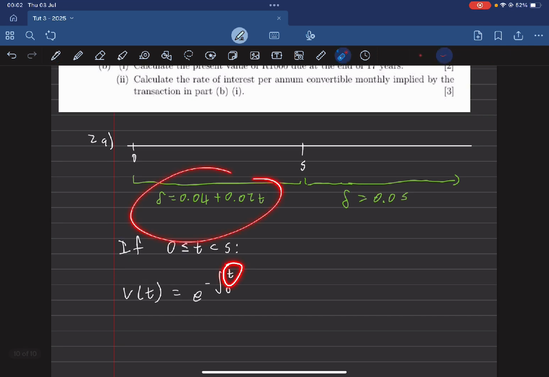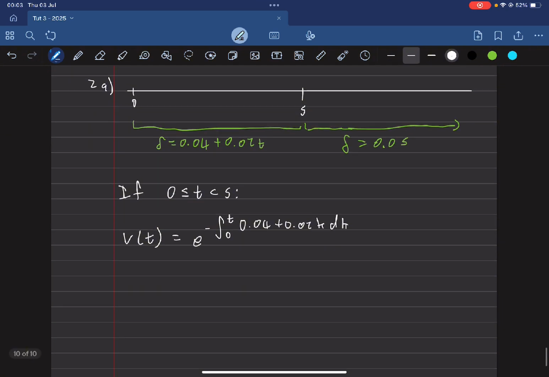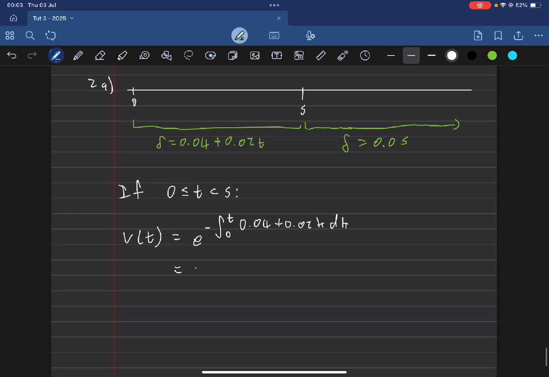But since we have a t up here, we should change the letter of this just so that we don't get confused. I like to use a k because you're supposed to use s's, but my s's look like 5s. I'm going to use a k. So I'll do 0.04 plus 0.02k dk. Okay. And then we're just going to evaluate this integral, and that'll be our present value. So it's going to be e to the power of the integral, so 0.04k plus 0.01k squared, evaluated from 0 to t. And that's going to give you, forgot the negative here, negative